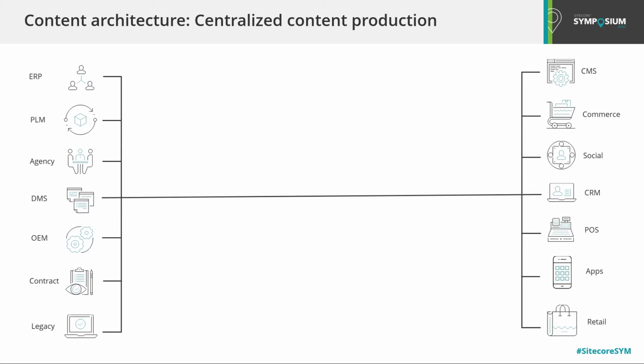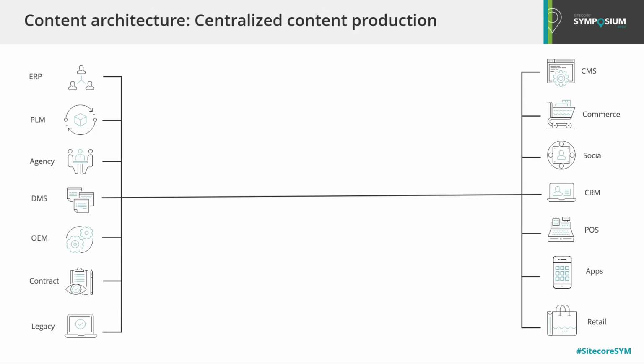We would simply integrate those sources of content with the distribution channel and manage it directly at the system dedicated for each channel. So for instance, we would integrate the ERP with the CMS, import content from the ERP into the CMS platform, add a little additional massaging to that content, and publish it to the web channel. Now, with the increasing number of distribution channels, the number of distribution platforms started growing. And being able to maintain that content distribution at each individual channel, at the level of each individual platform, became